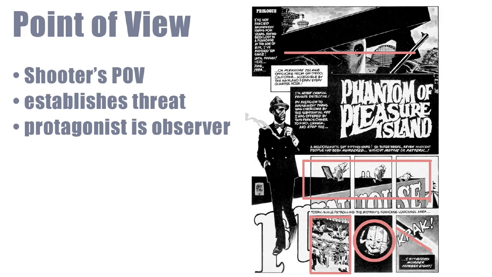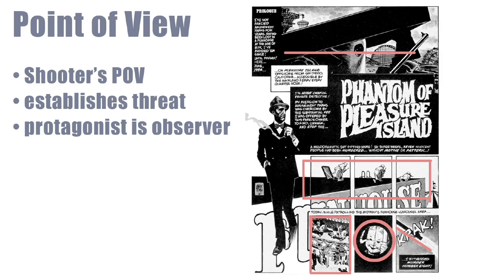So, toward that end, what is the point of view of this page? It is largely the shooter's point of view. In the first panel, we see the shooter coming through the hatch at the rooftop with the amusement park in the background and below. That establishes the threat of the shooter immediately,